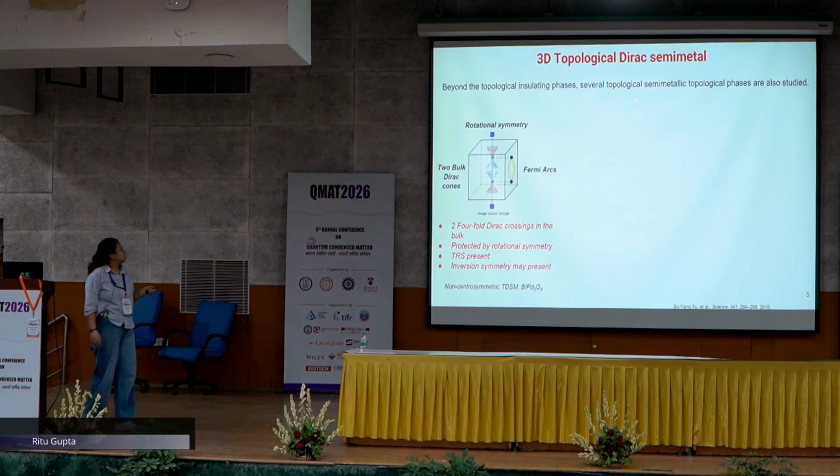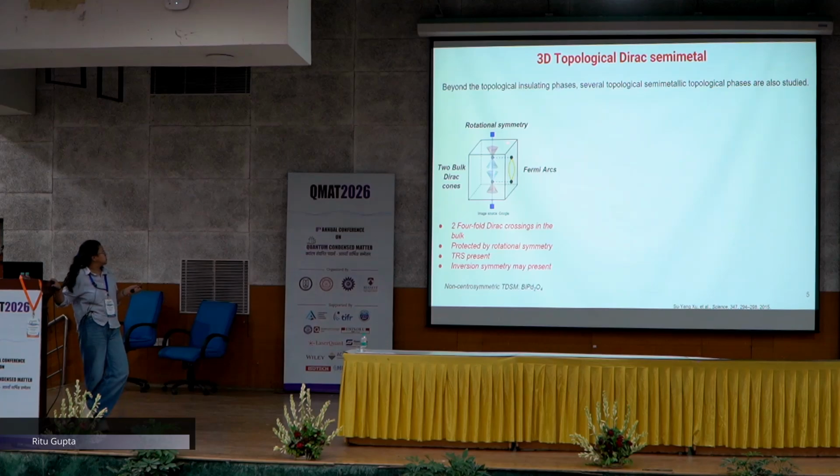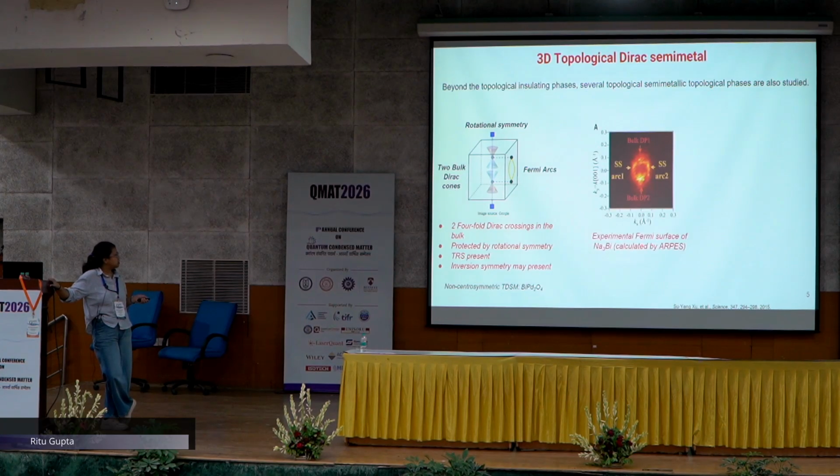Now we also study topological semi-metal phase. In the topological semi-metal phase, we mostly study the Dirac semi-metal. In Dirac semi-metal, there is no gapped state present. Instead, there are two bulk Dirac cones present on the rotational symmetry axis, and they are protected by the rotational symmetry of the compound. And the key feature is at the surface they form Fermi arcs, and these Fermi arcs connect the projections of these two bulk Dirac nodes. Experimentally, using the ARPES method, people